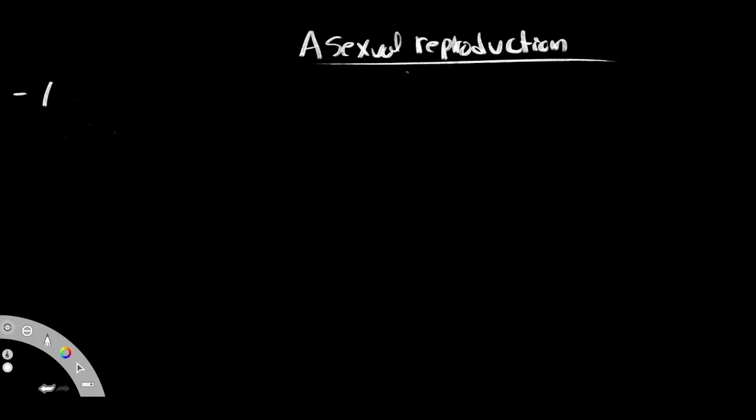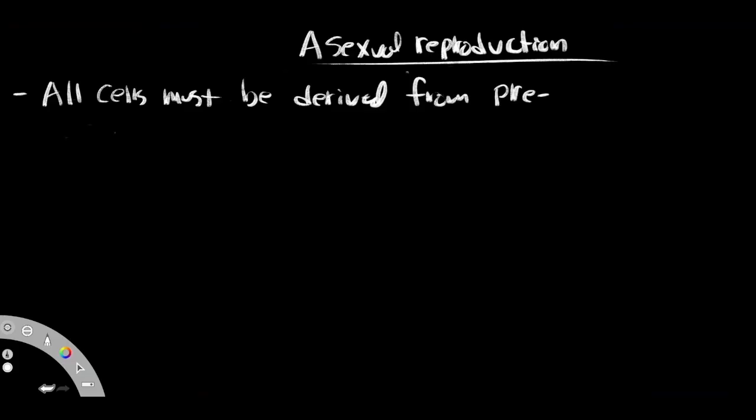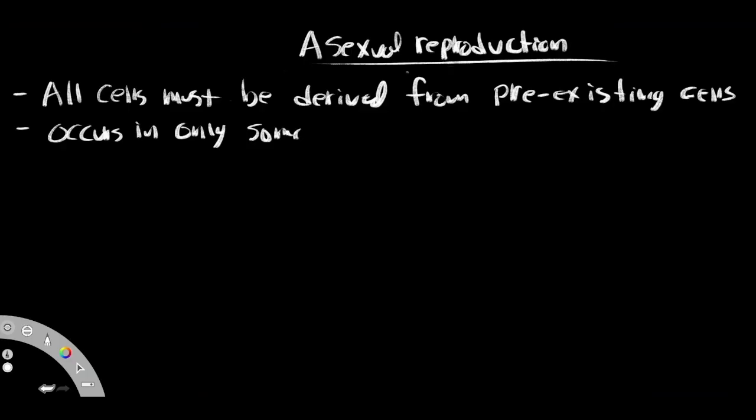But overall, in the beginning, all cells must be derived from pre-existing cells. We all started from one cell. This is why mitosis is very important. And again, this occurs only in somatic cells. Somatic just means body, so every single cell that is not a sex cell. So cell division